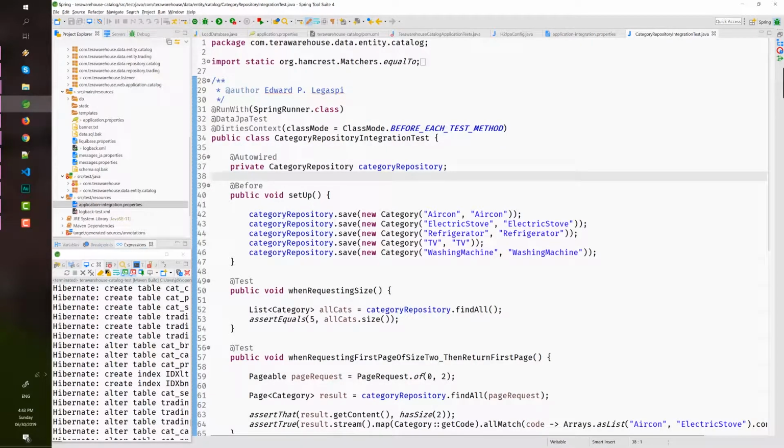Again, we have the @RunWith SpringRunner class. Expect this in all your test classes. @DataJpaTest, normally used for a JPA specific test, auto-configures our data source and entity manager based on the property source which we specified before in our